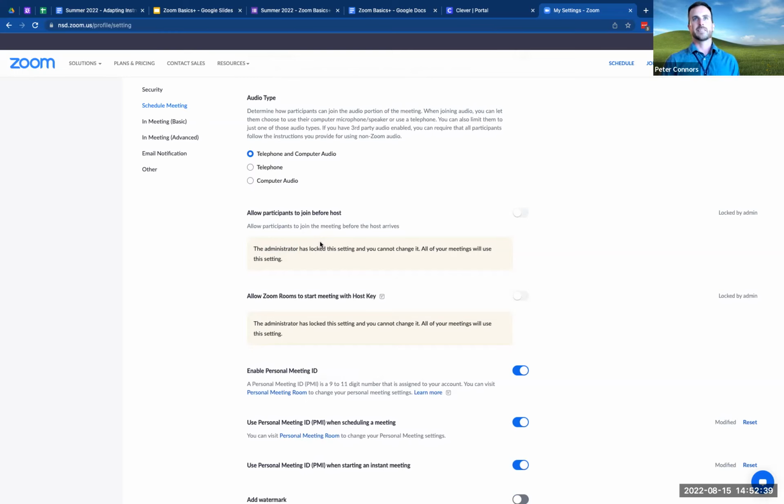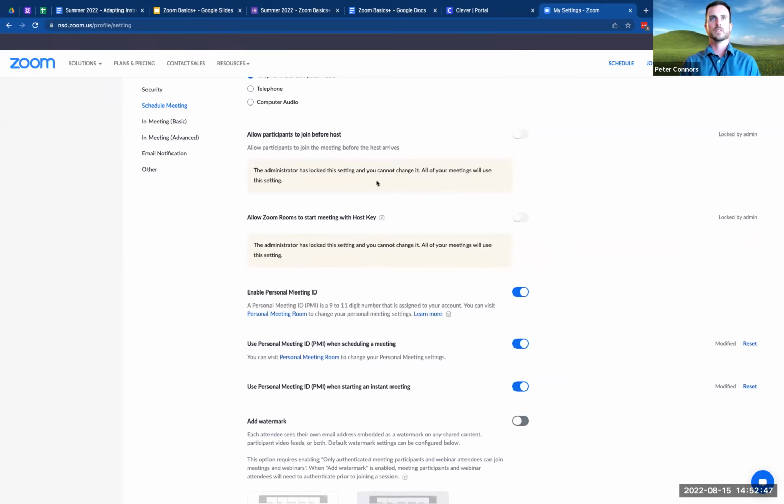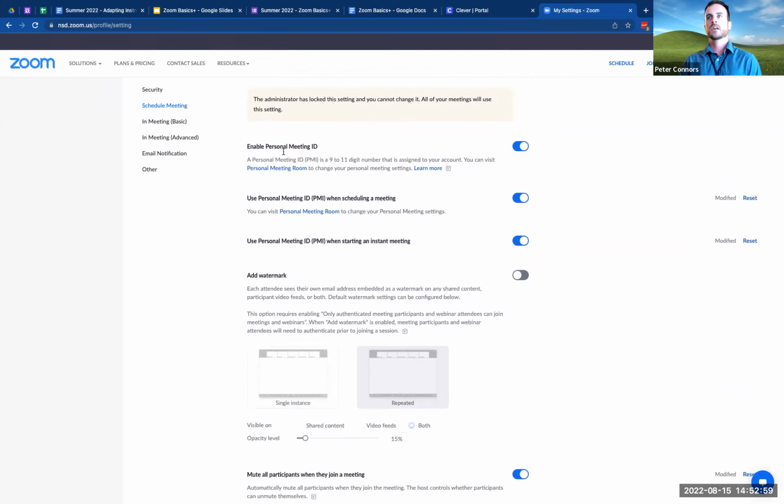So just let them be in that kind of waiting area until you're there to start it. If there's ever any real need to have that turned on, that's part of our own security considerations, which is why that is turned off. We don't use host keys, so you can see that one is locked.